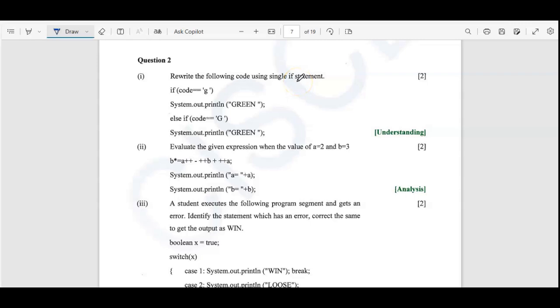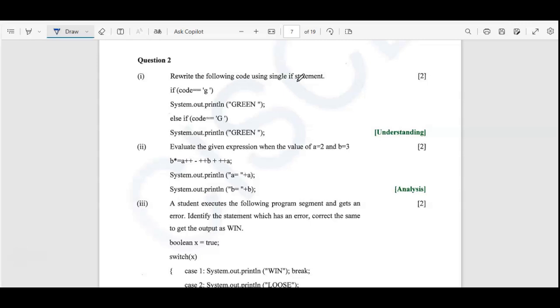Hello everyone. So today we are going to discuss the remaining part of our sample paper 2024-25 for ICSE grade 10. We have already discussed question 1 in the previous video, in which all the 20 MCQs were given. Now we are going to start with the output based questions, and what all questions are given under section A, question 2 part.